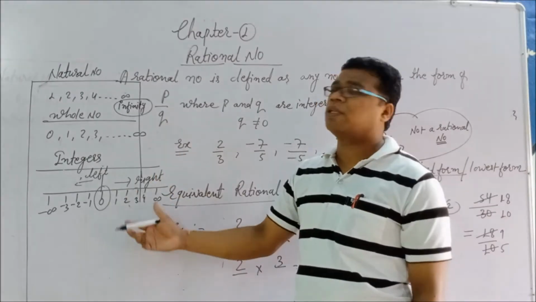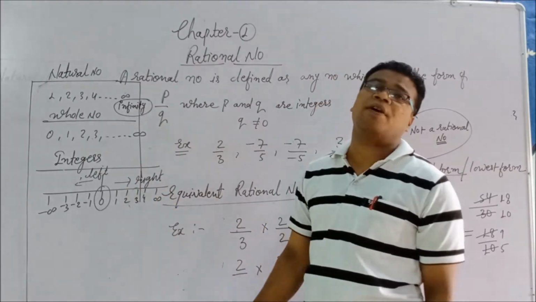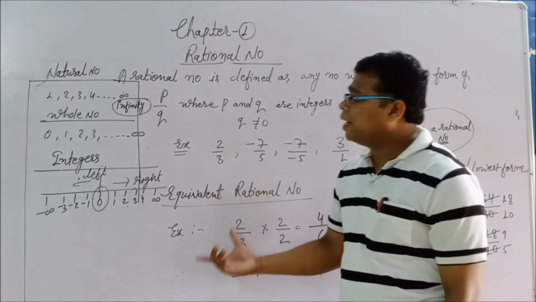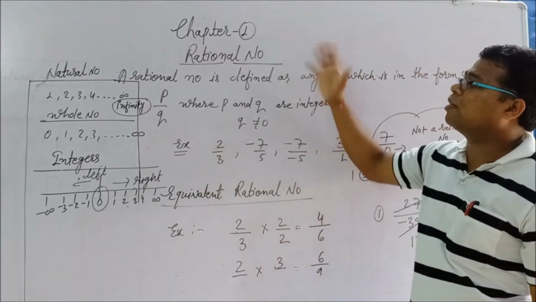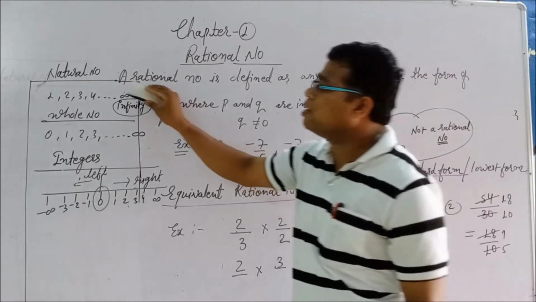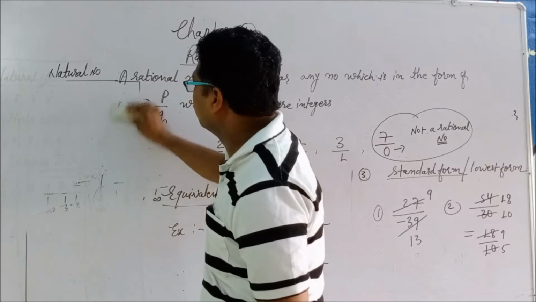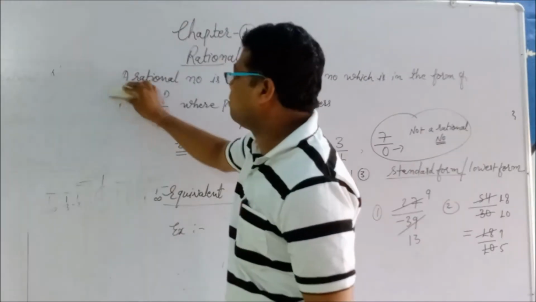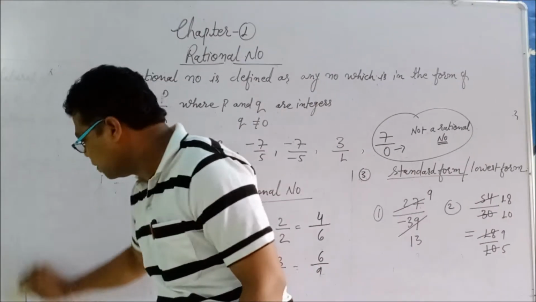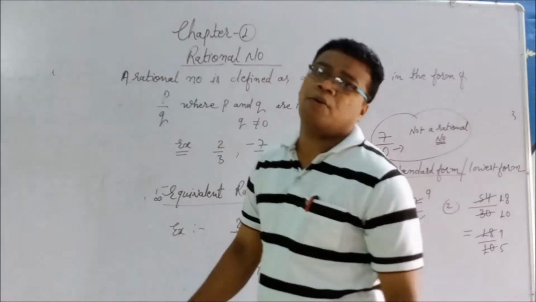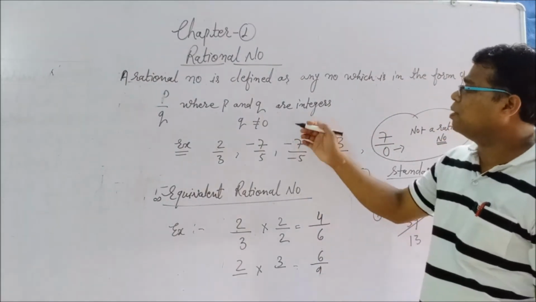So these all are the things that we already knew in our previous classes, but right now we are going to start our main topic, that is the rational number. Let's learn this all. See, a rational number is nothing. In the lower classes generally we see this kind of number, meaning fraction.